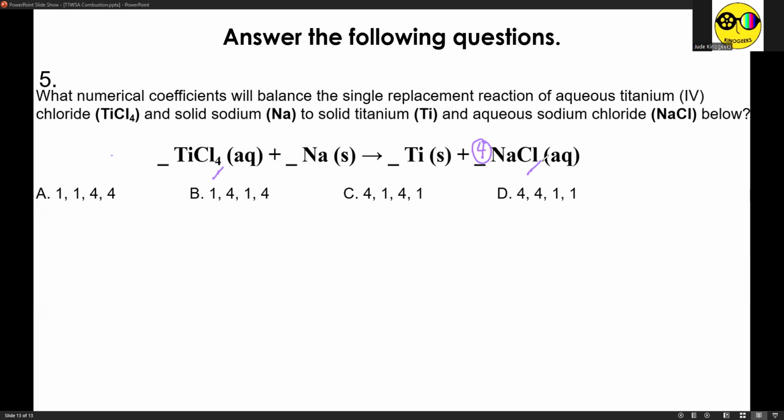The element na nadamay this time is sodium, or Na. Now with NaCl, you have 4 times 1, so 4 sodium atoms, and on the left side, you have only 1 sodium atom. So for 1 to become 4, you have to multiply Na by 4. For titanium, we don't have any problems because each side has 1 atom. Therefore, the remaining coefficients for TiCl4 and Ti respectively are 1. Therefore, the correct answer is letter D, 1414.